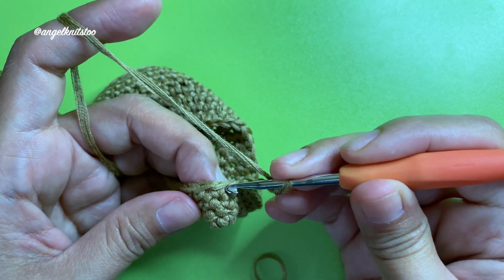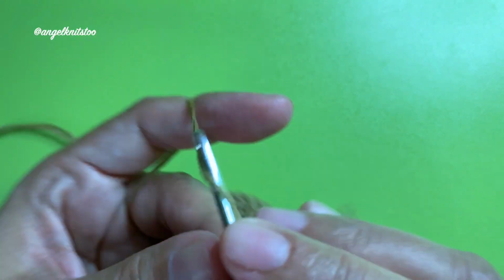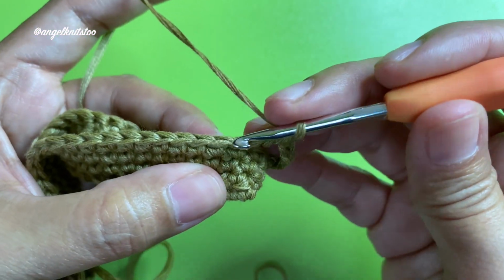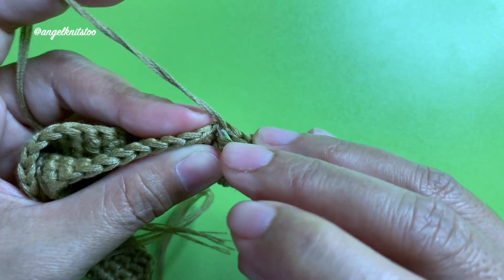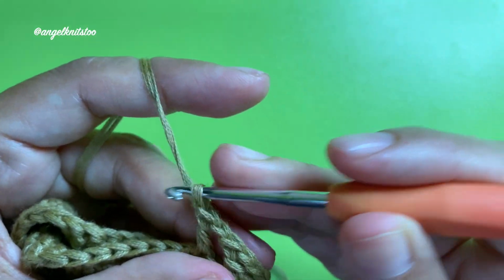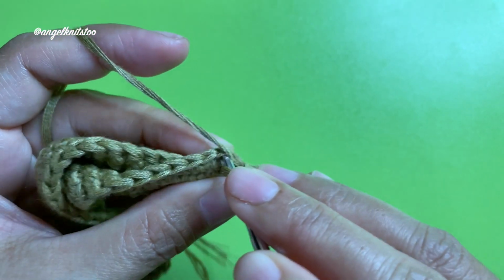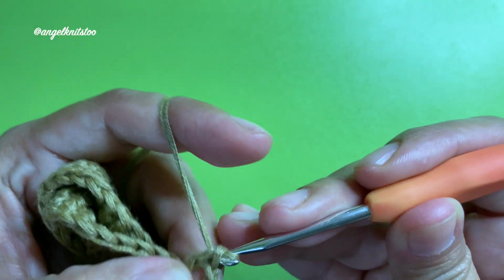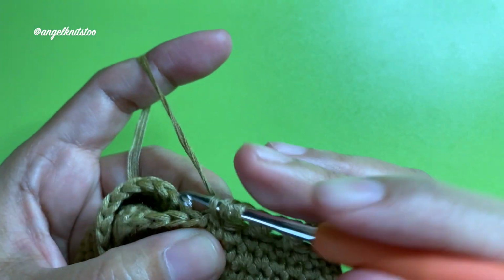And we're going to skip 1 chain and make a double crochet on the next chain. Chain 1, skip the next chain and 1 double crochet on the next, chain 1, skip the next chain and 1 double crochet on the next, so that will be your repeat. Chain 1, skip 1 chain and 1 double crochet on the next,